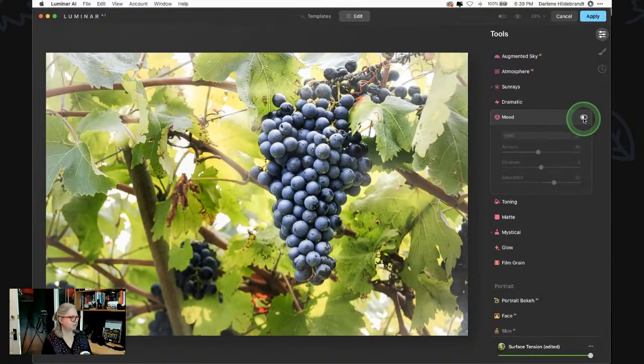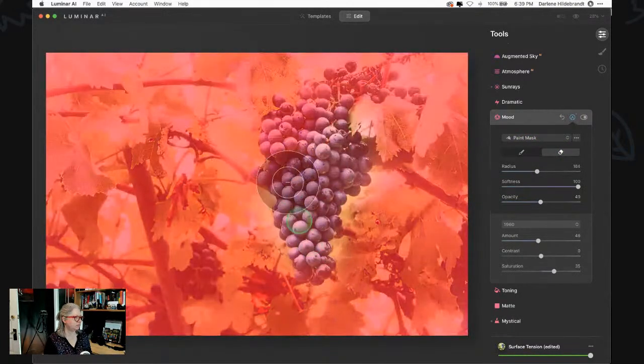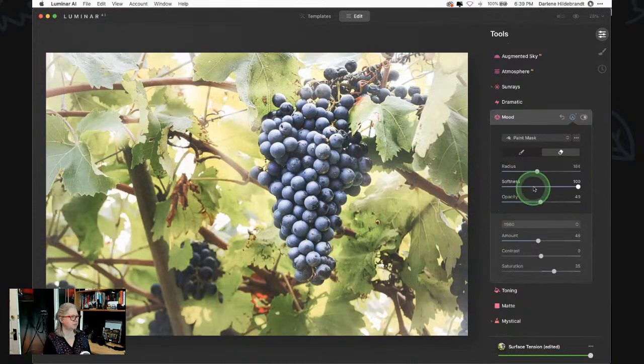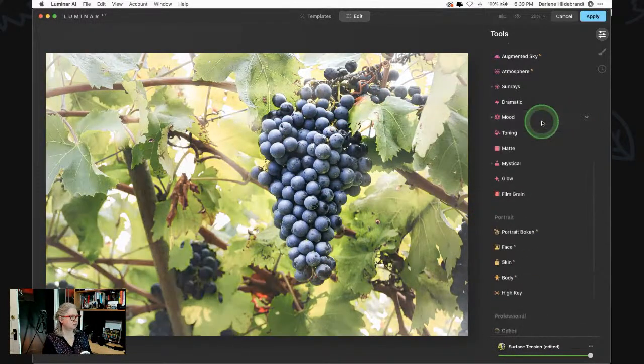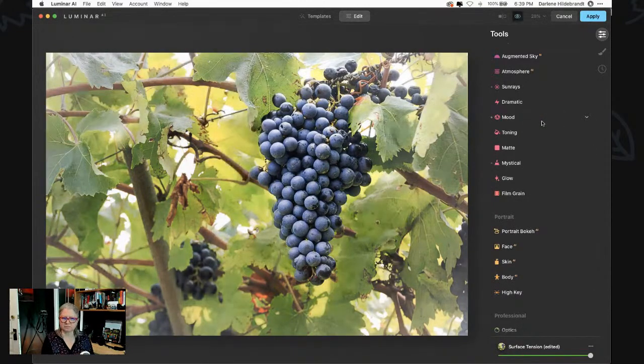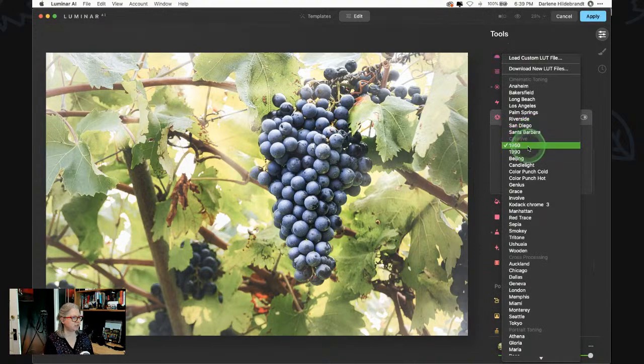Let's see what it's doing. See that? Almost like an antique look, and everything else is sort of fading out. Right? Again, if we don't want it to apply to the grapes as much, we can just say, okay, let's remove a little bit of that from the grapes so they stand out a bit more. And like so. There's infinite number of things you could do with an image like this because it's got so many artistic creativity